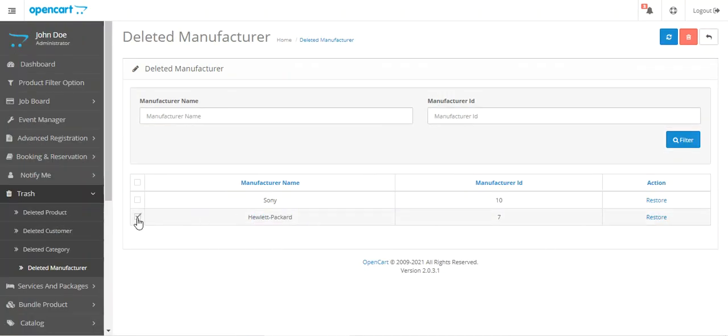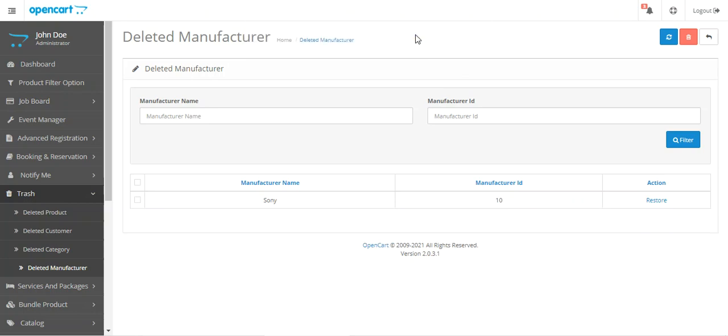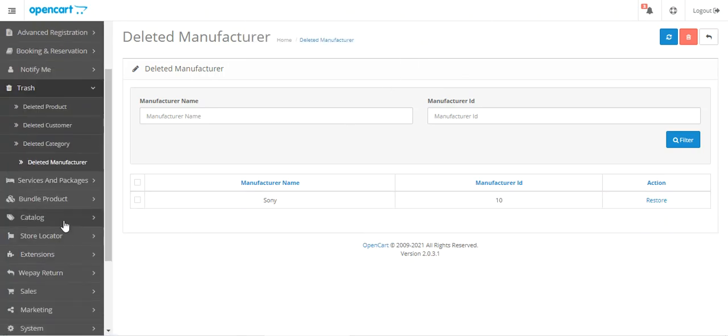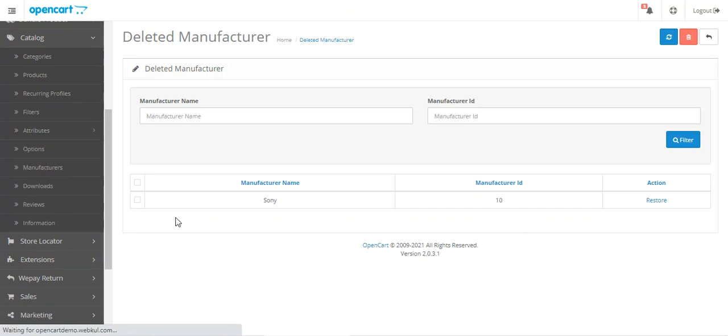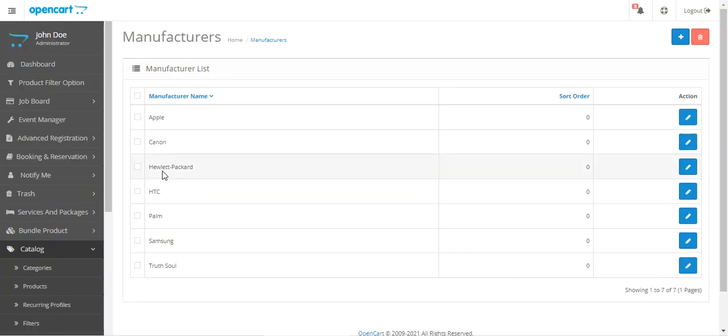If I want, I can delete it permanently by tapping here on the delete permanently. Otherwise, I can restore it by tapping on the restore button, tapping OK, tapping OK on the prompt there. Now if I go back to catalog and manufacturers, I'll find Hewlett Packard being listed back there again. So that's how this plugin is useful if you made a mistake of deleting your products,